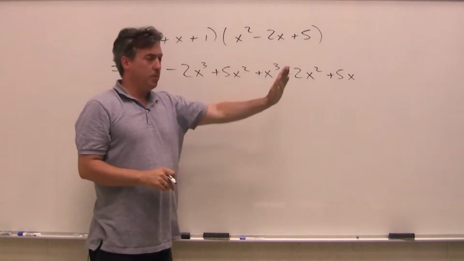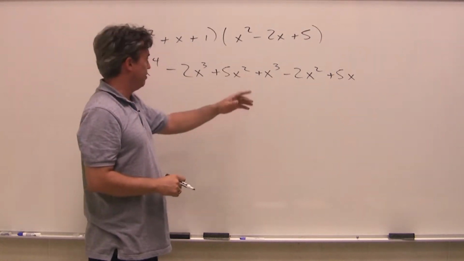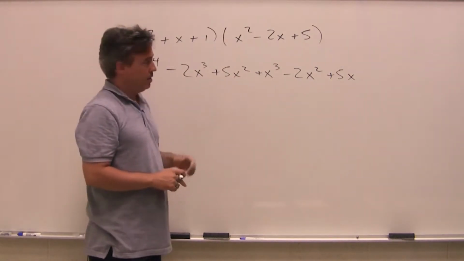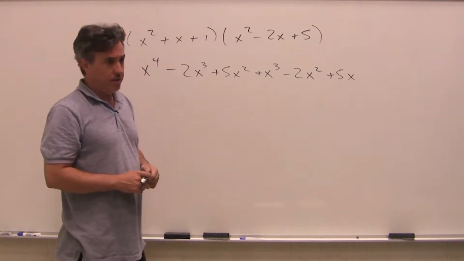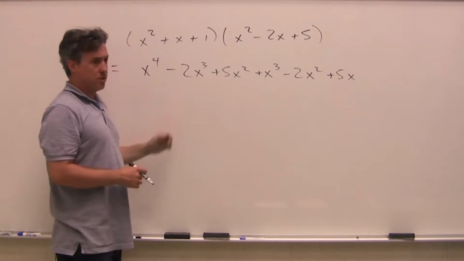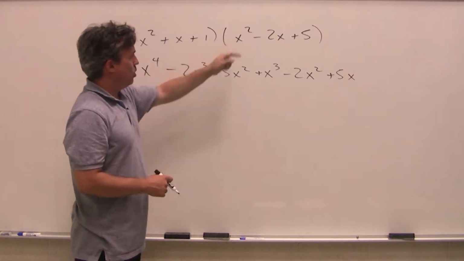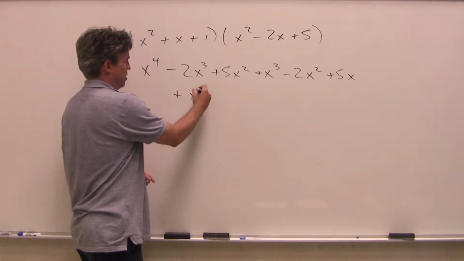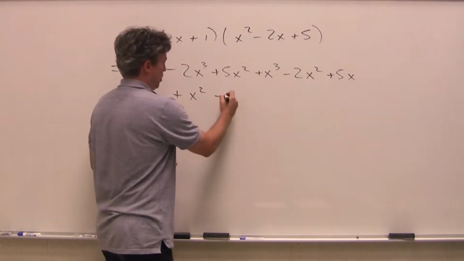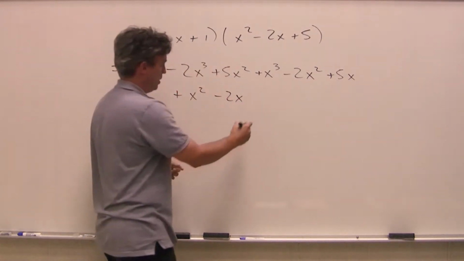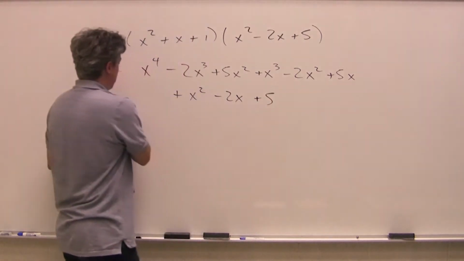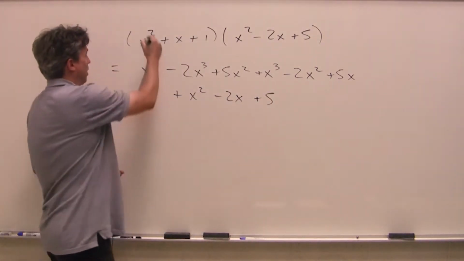Sometimes the length of your page horizontally means that you have to kind of come down to the next line to write the remaining terms you've got to deal with. Usually people indent just a little bit. So for example, 1 times x squared, I'll write that as x squared. 1 times negative 2x. In fact, multiplying by 1 is easy. Those are our 9 terms, and we're done the expanding part